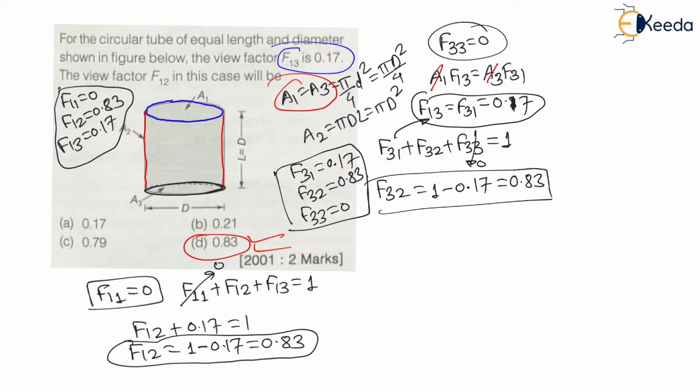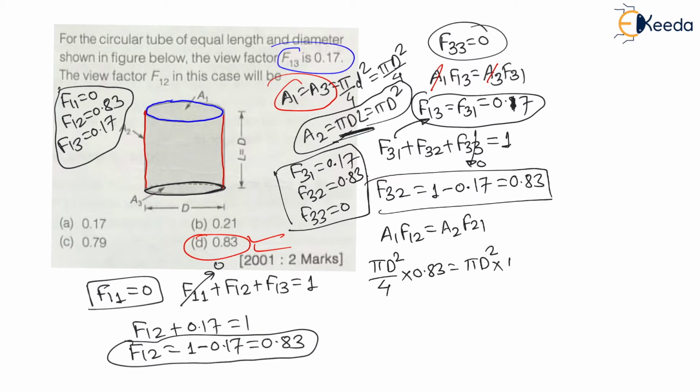Now let us find all the shape factors of surface 2. Now my dear students, for surface 2, use the reciprocal theorem. Now A1 F1 to 2 is equal to A2 F2 to 1. Now A1 is here pi d square by 4. F1 to 2 is nothing but 0.83, is equal to A2, which is pi d square, because it is pi d L and d is equal to L, already we have seen, right, into F2 to 1. So from this pi d square will get cancelled, and F2 to 1 will be equal to 0.83 divided by 4, which is equal to 0.2075, right.